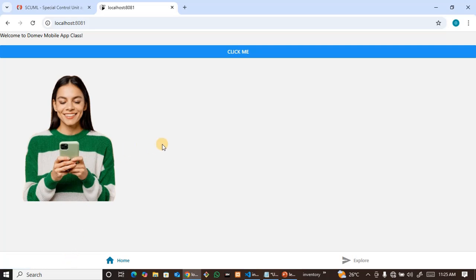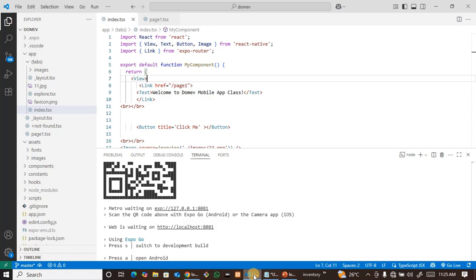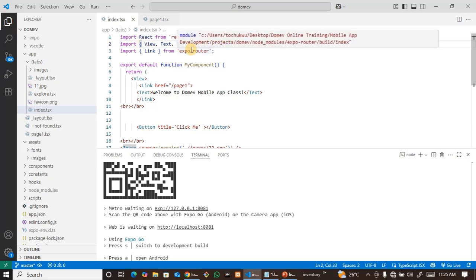So in our previous lesson, we saw how to use the button component to display a button, and also use the image component to display an image. So here is our code. Here is the button component, here is the image component, and take note that we are importing these components from